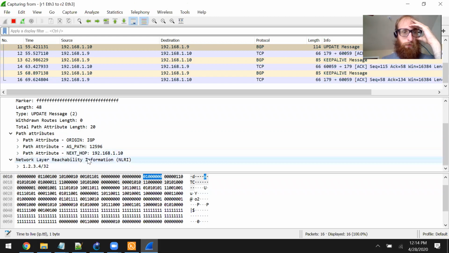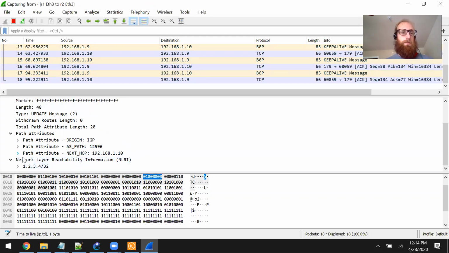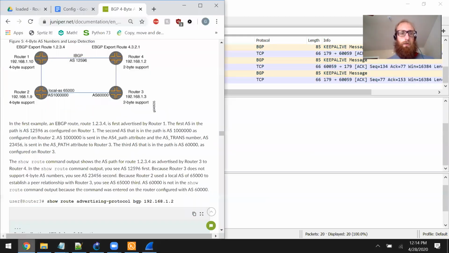We've got our network layer reachability information. So sure enough, it is being advertised into BGP. So in the first example, an eBGP route 1.2.3.4 is first advertised by router 1, as we can see